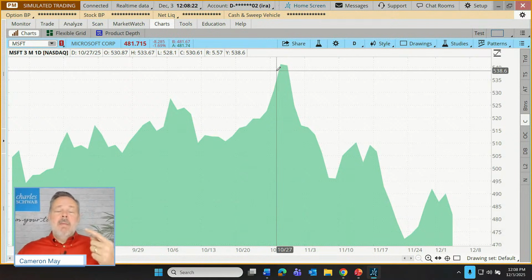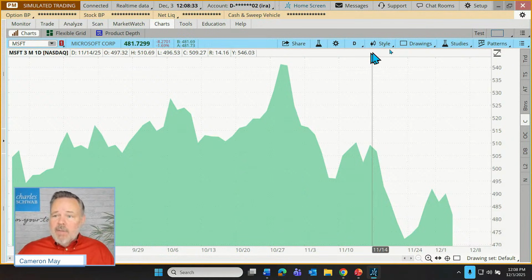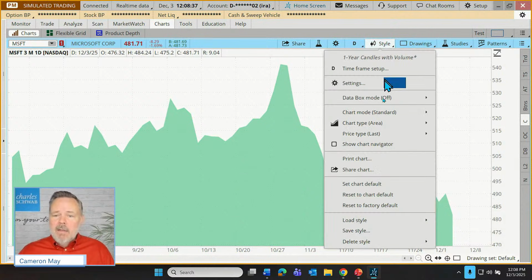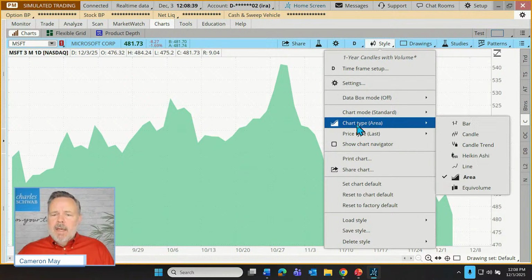All right, well, let's step a little bit further, add a little bit more information to our chart, for better or for worse. Some traders feel like they don't need this information. To others, it might be vital. So I'm going to move on to what's known as a bar chart. So we're going to go to our style, go down to the chart type, and choose bar.